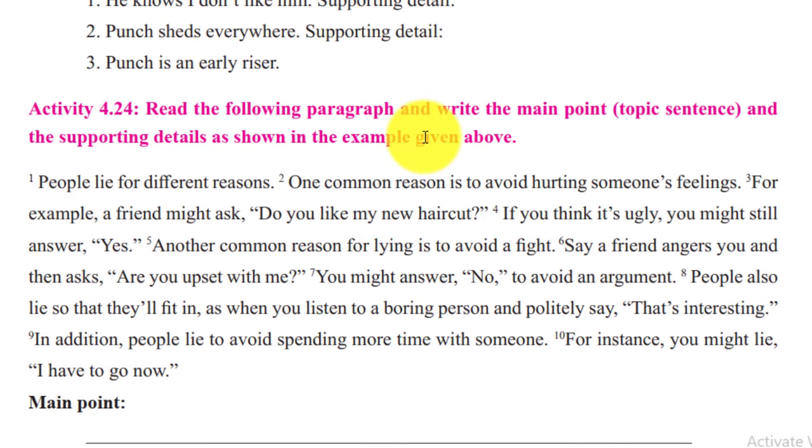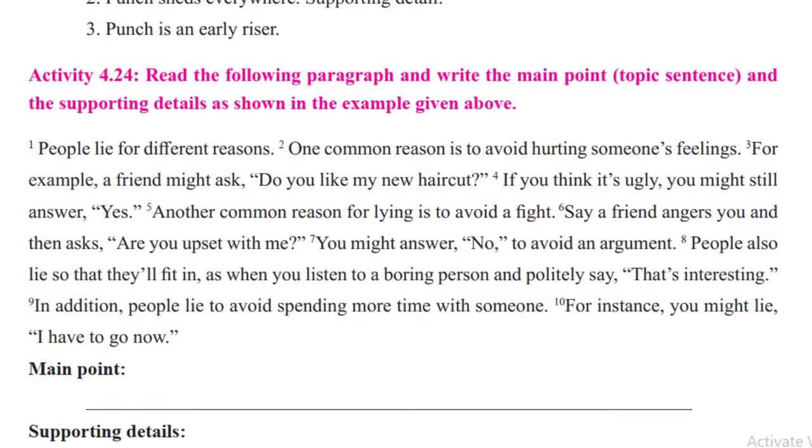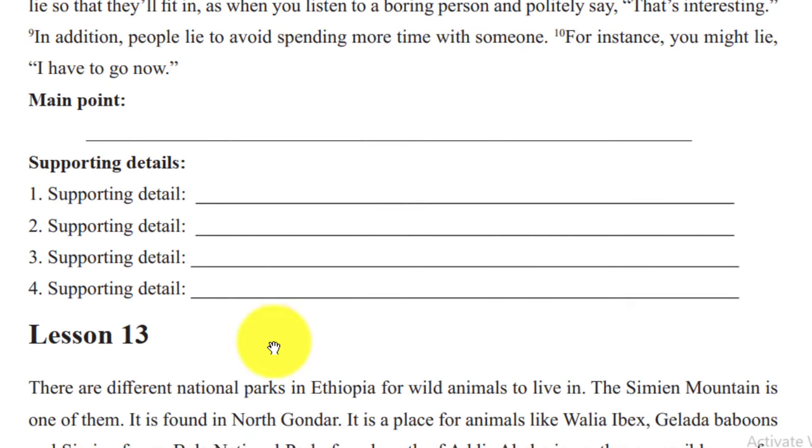Okay, the other part, activity 424: read the following paragraph and write the main point ነው። አሁንም topic sentence and the supporting detail እንትለያላችሁ ማለት ነው። ለምሳሌ people lie for different reasons ይላል። አሁን እዚህ ጋር ይሄ ዋና ቶፒክ ሴንተንስ ነው። ለምን ይዋሻሉ ነው። ለብዙ ምክንያት ሲሉ ሰዎች ይዋሻሉ። why ለምንድን ነው የሚዋሹት? አሁን reason out የሚያደርገው supporting one common reason ብሎ እንግዲህ ስለ ምክንያቶቹ ሊዘረዝርላችሁ ነው። ስለዚህ የሚዘረዘሩት ምክንያቶች እዚህ supporting detail